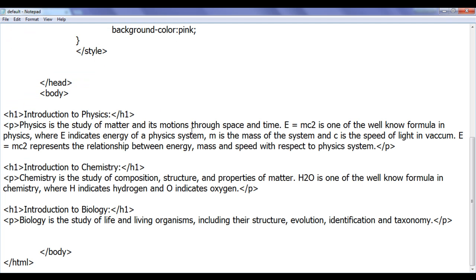Div tag is a generic container tag. That is, div tag is used to group HTML elements or tags together and create a section for them. That means div tag is used to divide web page into various sections.